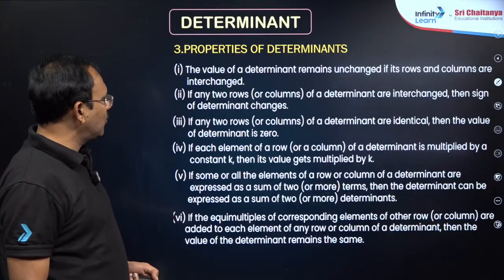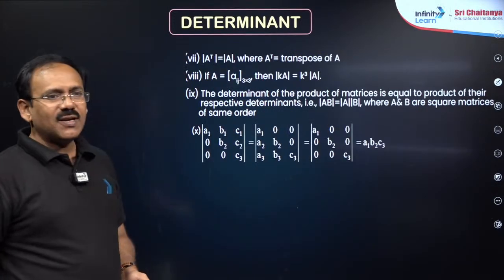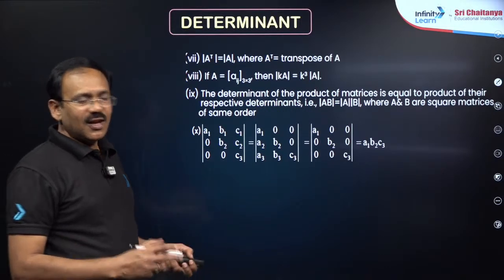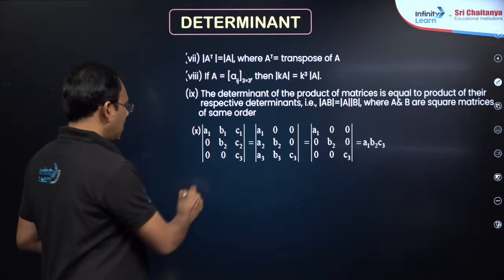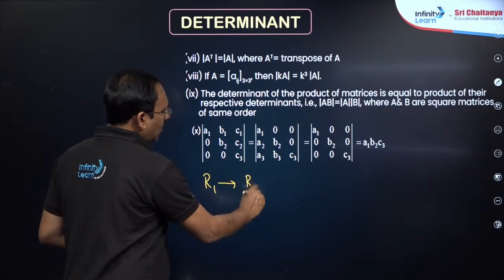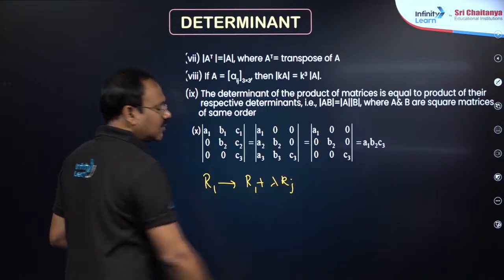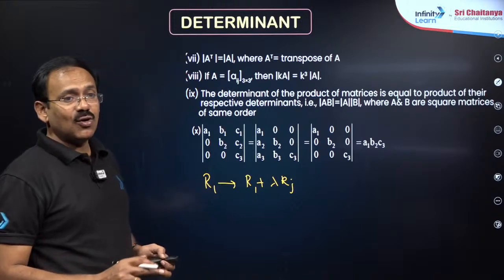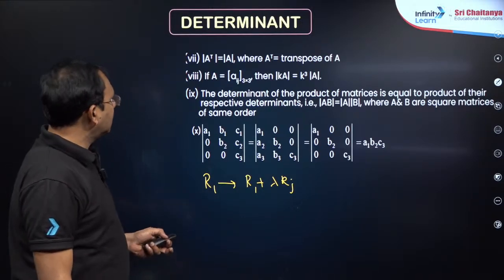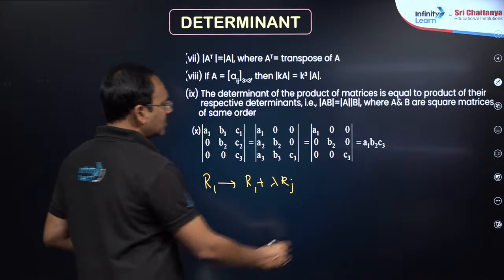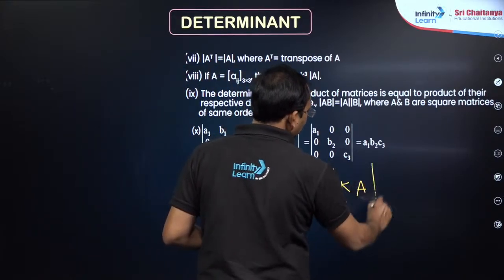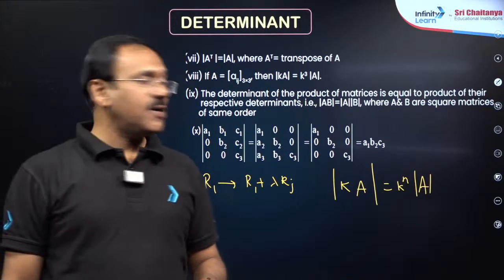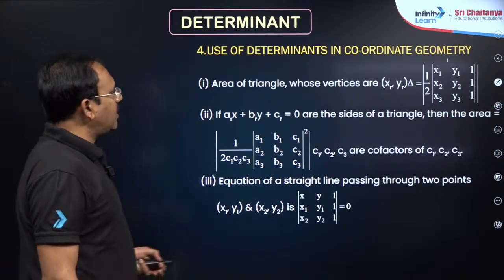Determinant properties, my dear friends, you know well. So properties of determinants, dear students: if two rows are the same, the determinant is 0. You can take a number common from any row. Ri can be changed as Ri plus some lambda into Rj. This is the main property that we use in determinants. A determinant can be split by any row or any column. Okay, that's it. Then, most important, det of kA is very important, k power n into det A. And we have seen, my dear friends, on properties of determinants and adjoint, a lot of questions will be there.